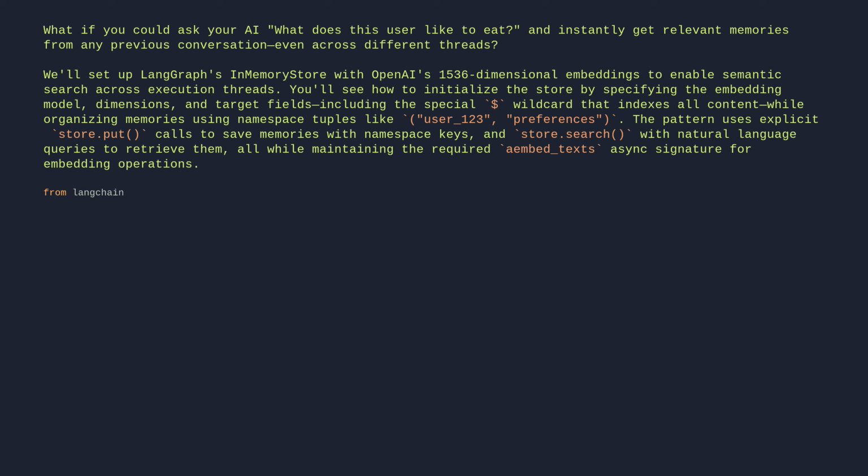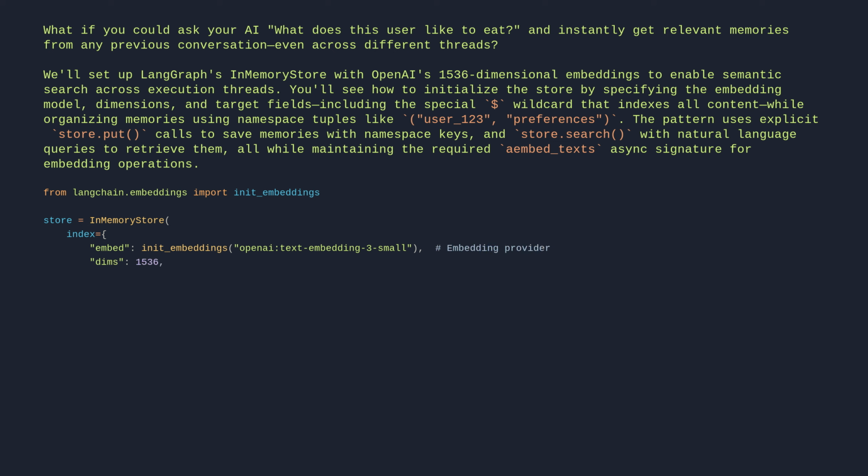From langchain.embeddings import init_embeddings. store = InMemoryStore(index={embed: init_embeddings("openai:text-embedding-3-small"), # embedding provider dims: 1536, # embedding dimensions fields: ["food_preference", "$"] # fields to embed